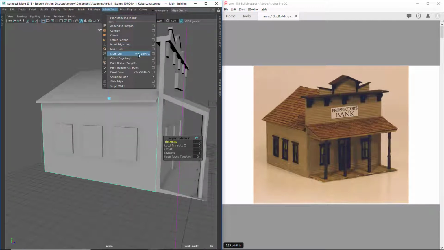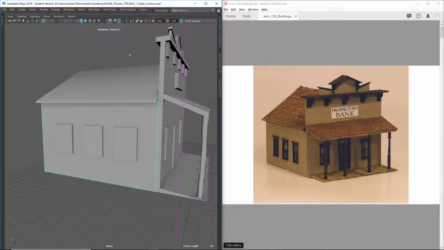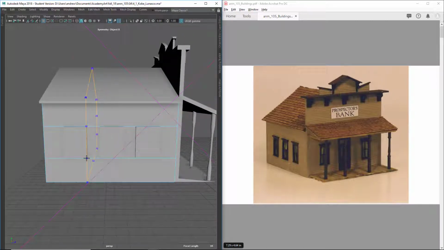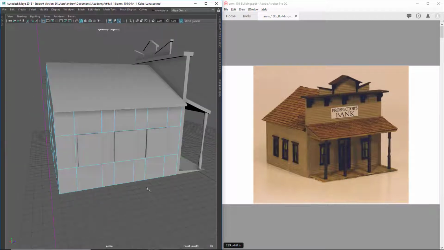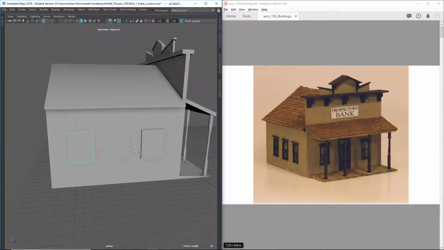I always use the hotkey, which is Control Shift X. And then if I hold down Control, you can line this up here, here, and then I can do some vertical ones here, here, here, there. And then it could be a little more precise than that, but